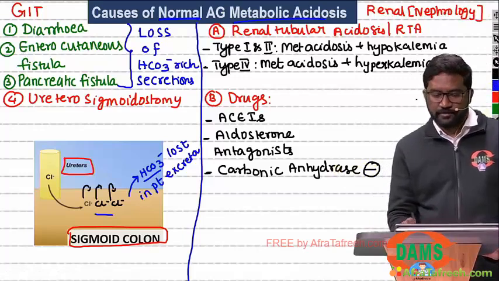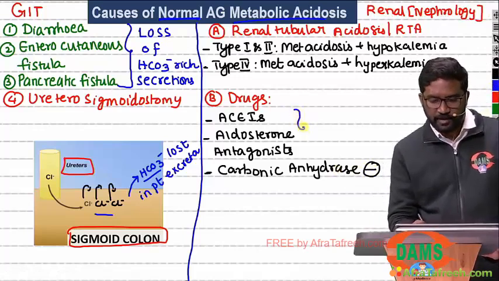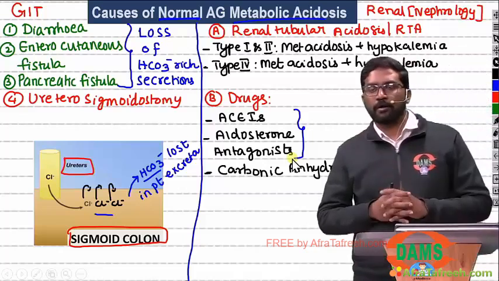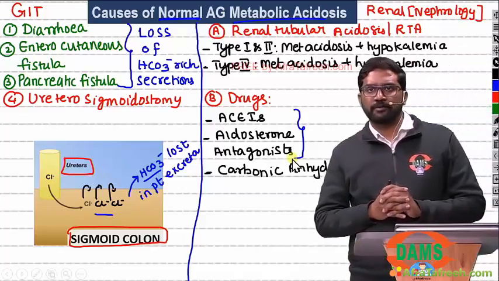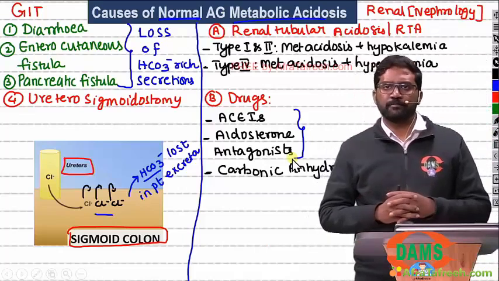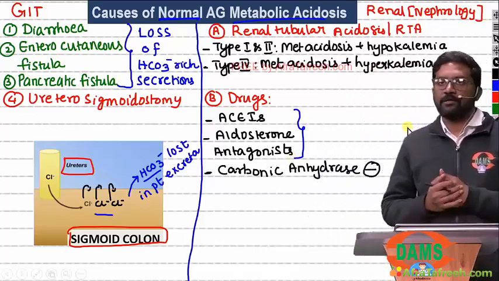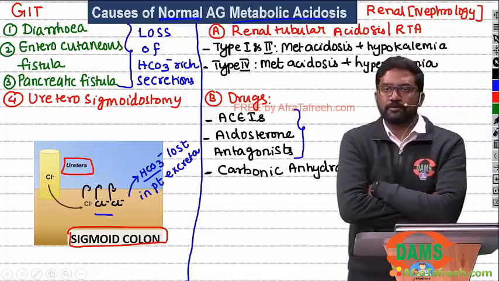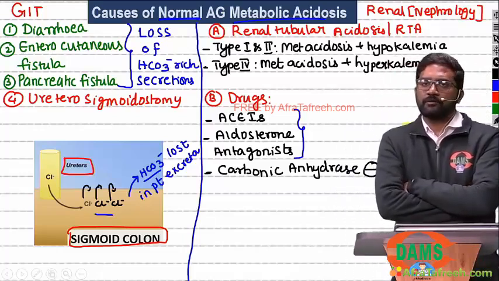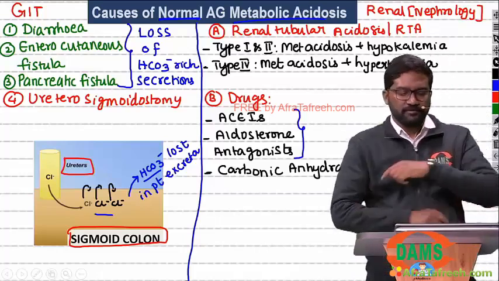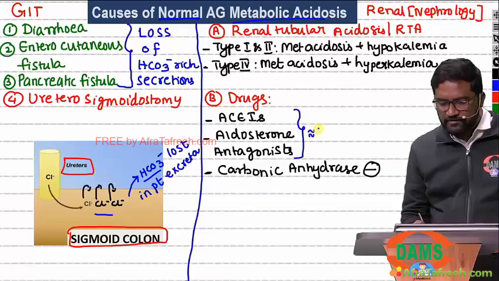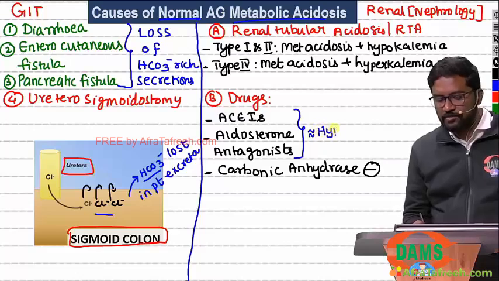Now first of all, whenever I give ACE inhibitors, what will not work in my body, or what will not be formed in my body? Aldosterone. Whenever I give aldosterone antagonist, what will not work in my body? Aldosterone. So these two drugs create a situation similar to